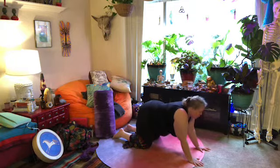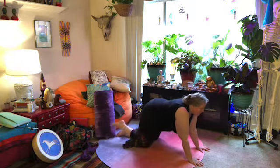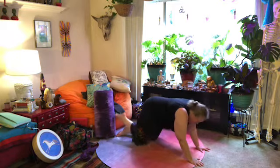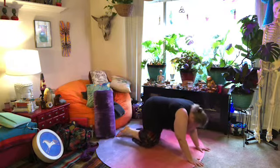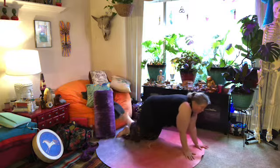Alright, so we're going to do one more, but this time when we come out of this and come back to the inhale shape, we're going to pick up the right leg, and as you exhale, you're going to bring it in towards your navel, and then lift it as high as it's willing to go. Now we're going to bring this leg all the way forward,